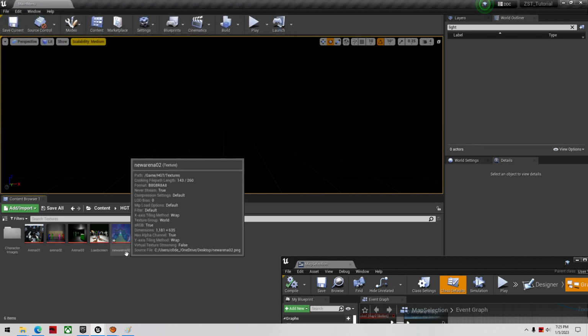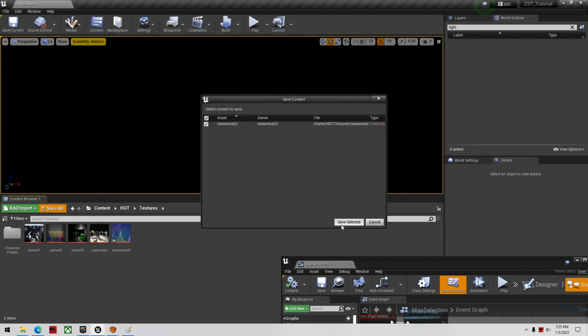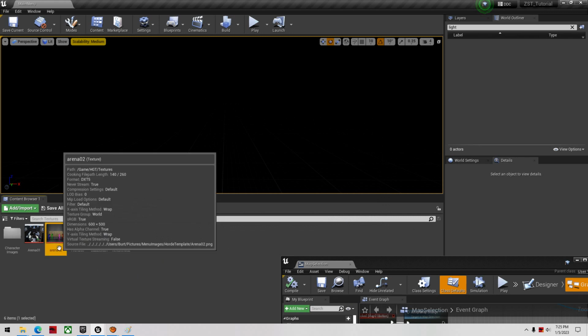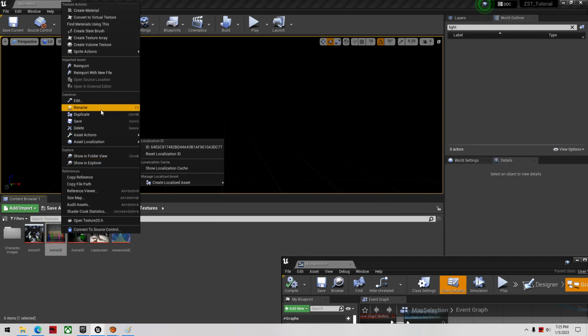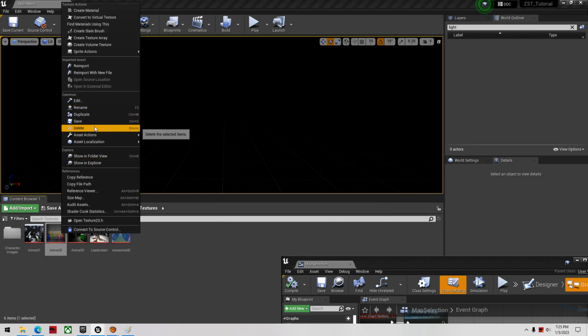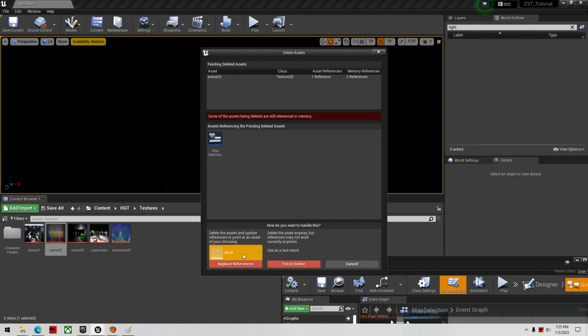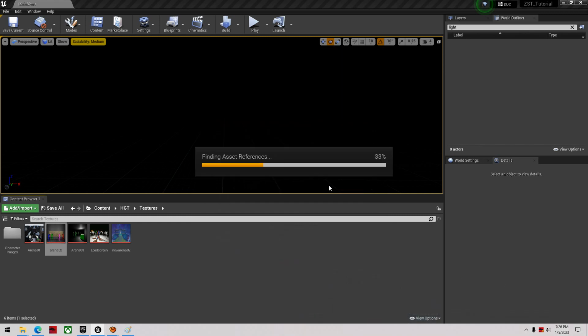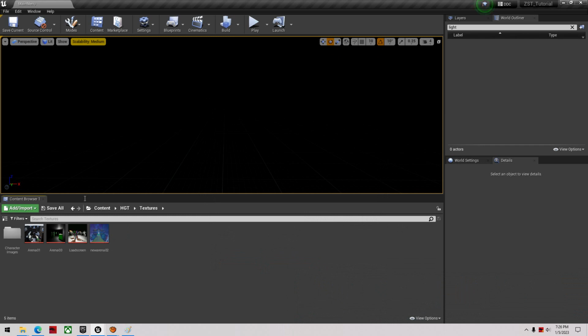So I have my new Arena 02, save all. And what I like to do is just grab the Arena 2, delete it, and then down here you'll have the option to replace it. I'm going to type in new Arena 02, click on replace reference, okay, save it, save all again just because,